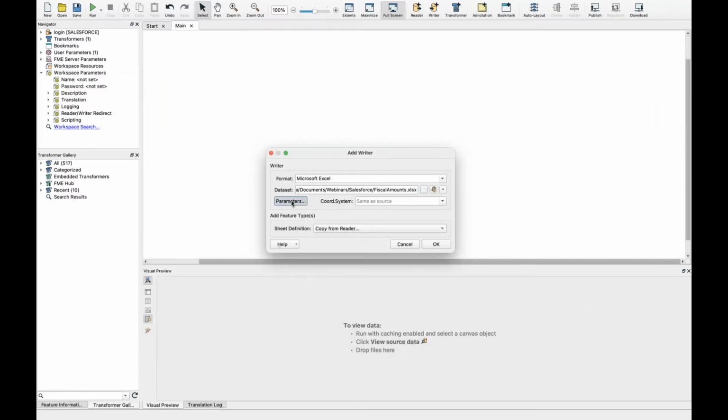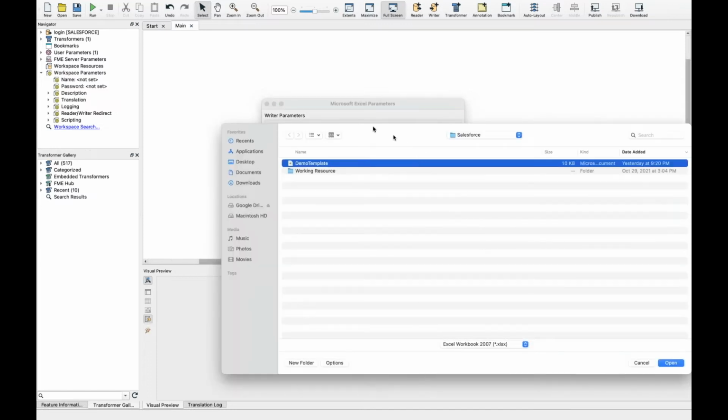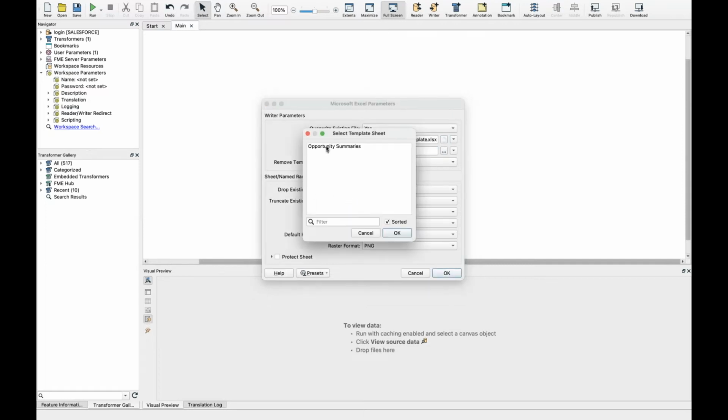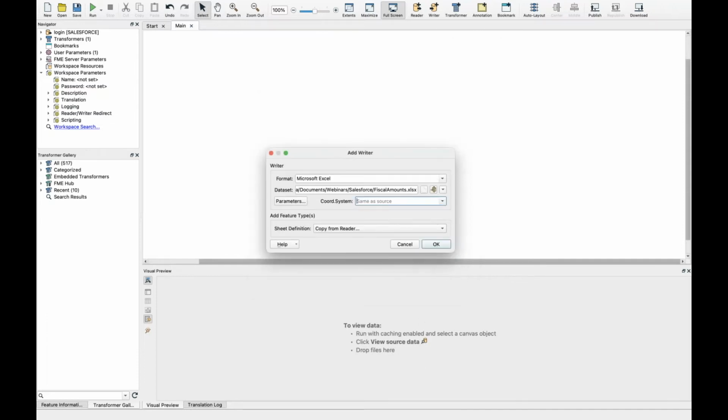And then we want to do a little bit more formatting than the default. Inside of our parameters, we can configure this. Now, if we already have an existing Excel sheet with all of the formatting that we want to use, we can use that as a template. So maybe we took some time to make some charts, give it some color. There's no need to do this all again. So we can select the template file we want to use. And then the sheet from that file. And then select OK. And now the last step is we must choose to write this data out in dynamic